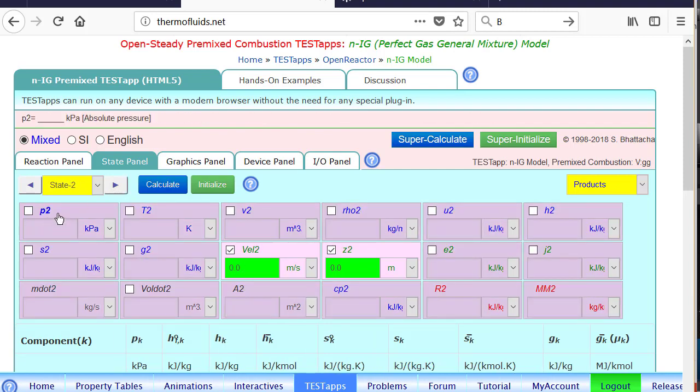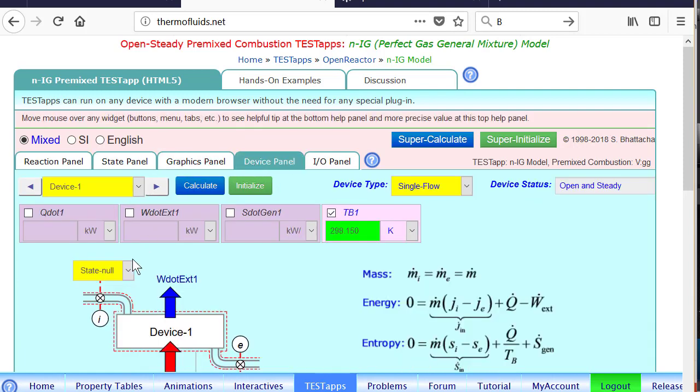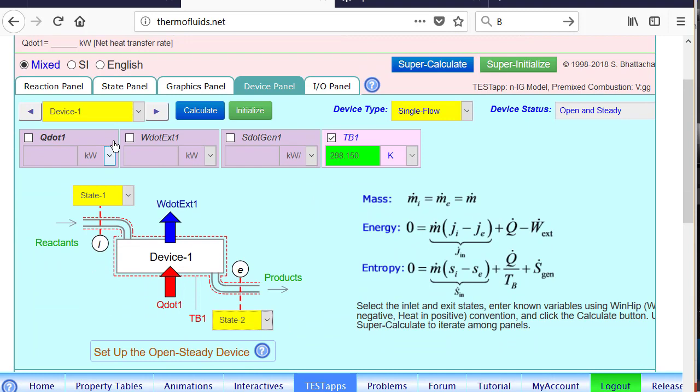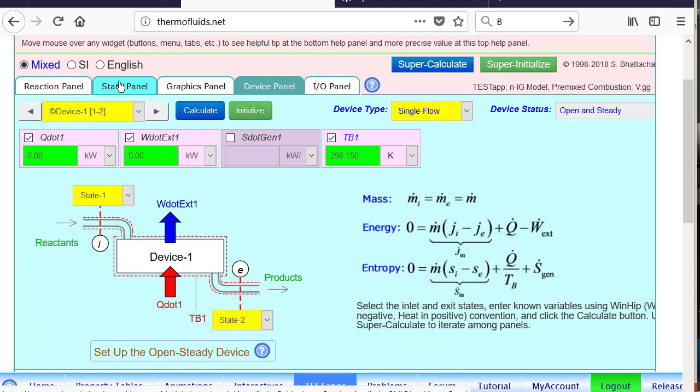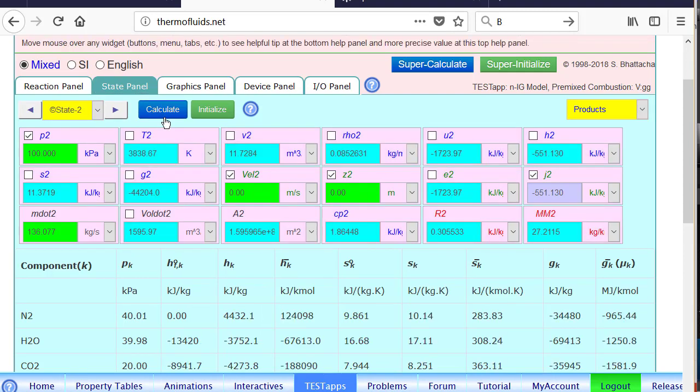So for the products, we have 100 kPa. We don't know what the temperature is. We go to the device panel, and it's a premixed reaction. The reactants and products are selected as state 1, 2, no external work or heat transfer. That substitutes J into the state panel, and the temperature is found to be